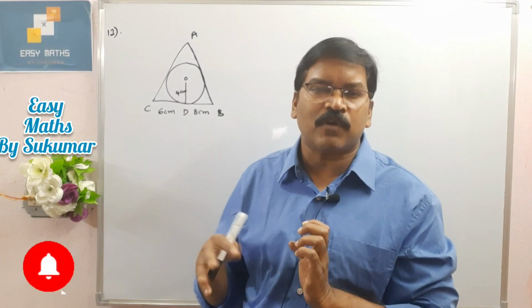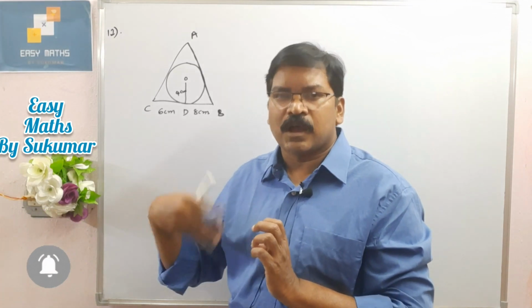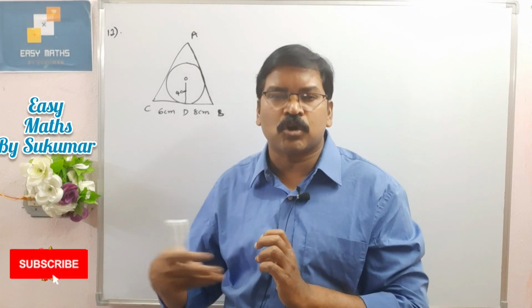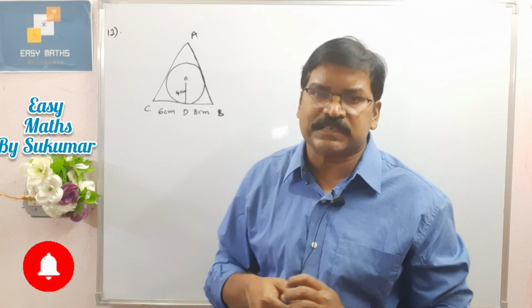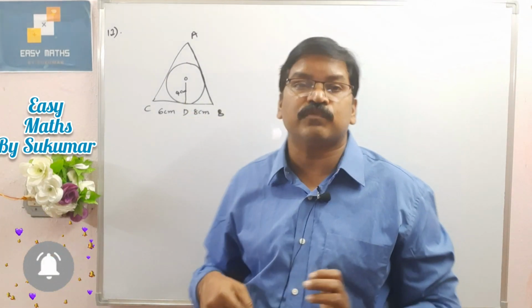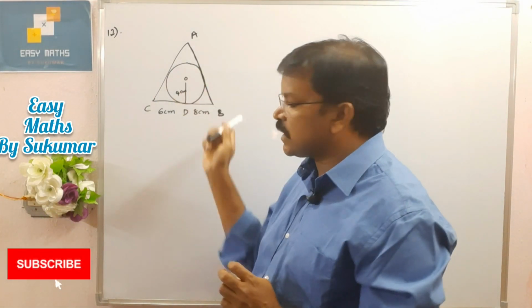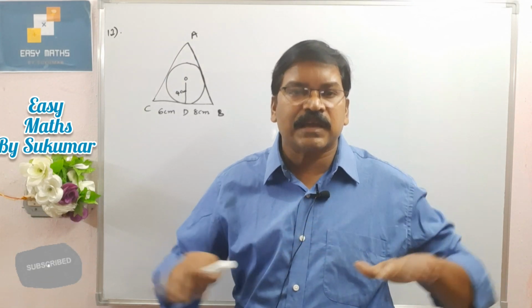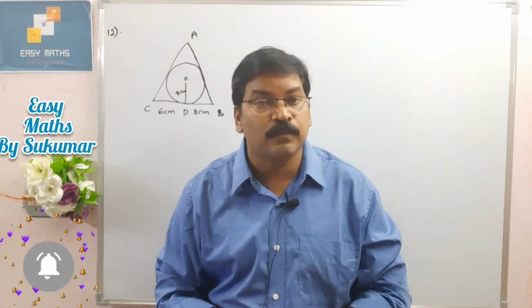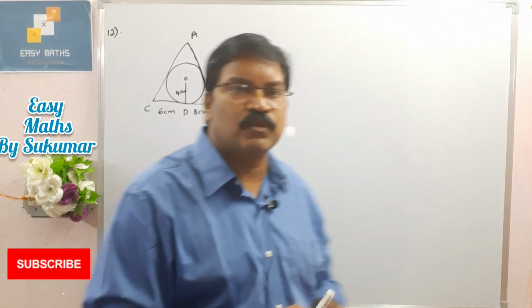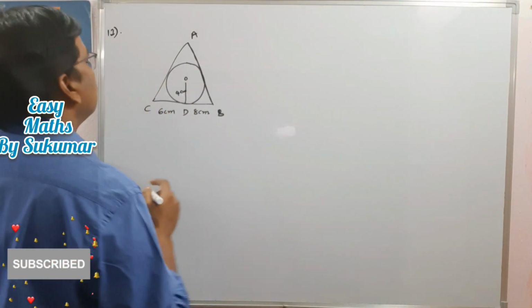We can apply half base times height, that means half of the product of the two perpendicular sides. But here we have to use Heron's formula, since this triangle ABC is not a right angle triangle. Okay, please listen carefully, my dear students. See here,